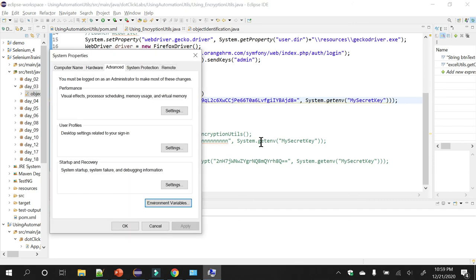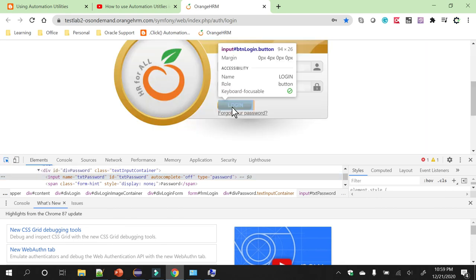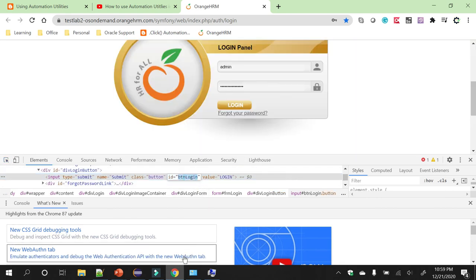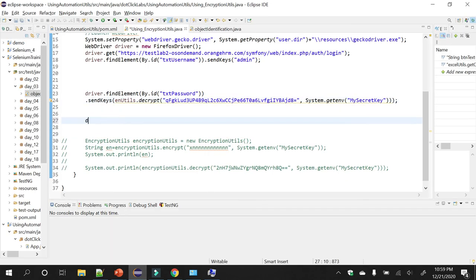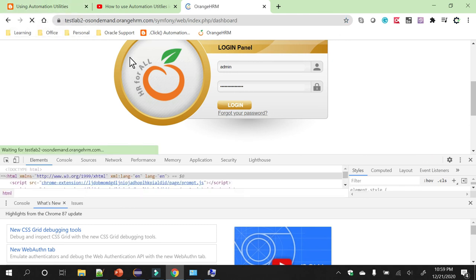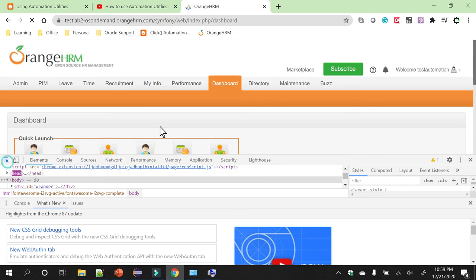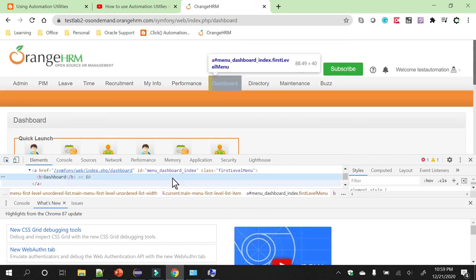And once you have typed that, you need to click on the login button over here. This is the login button. What you will do now is driver dot find element by dot ID, and to click on it, what is the action? Dot click, right? Okay, so this is to login. And once you are logged in, you need to verify whether the login was successful or not. So I'm checking whether this dashboard link is open, meaning it's visible or not. This is the ID.